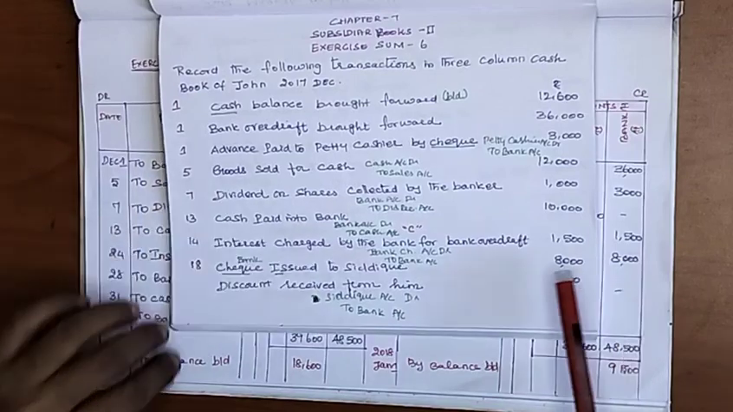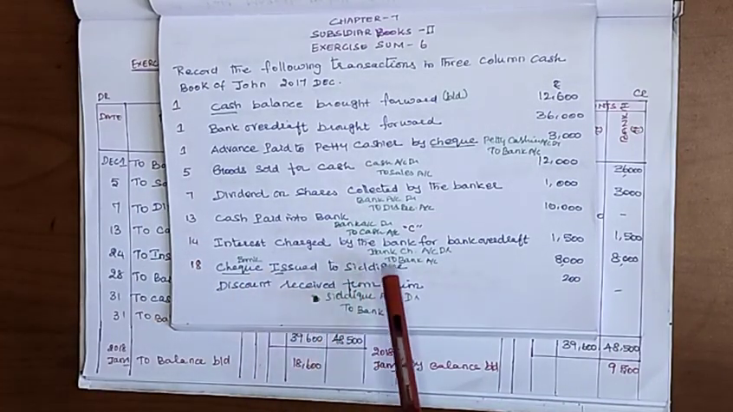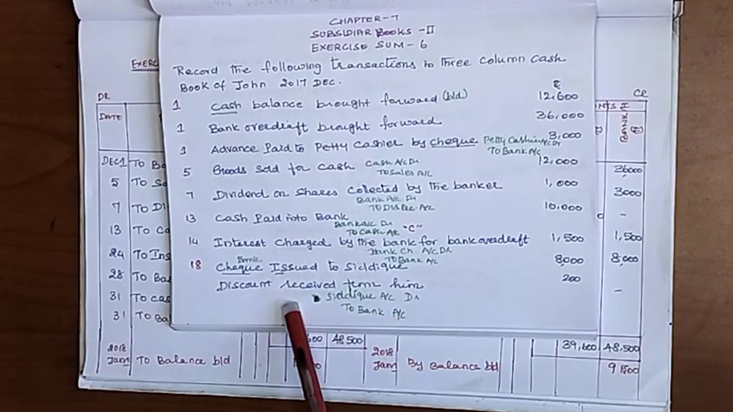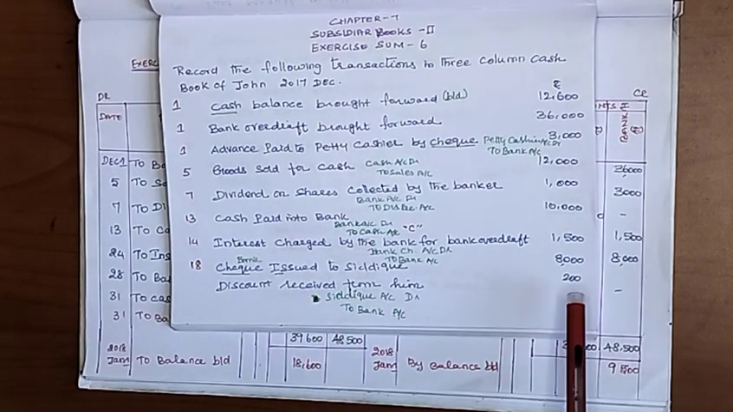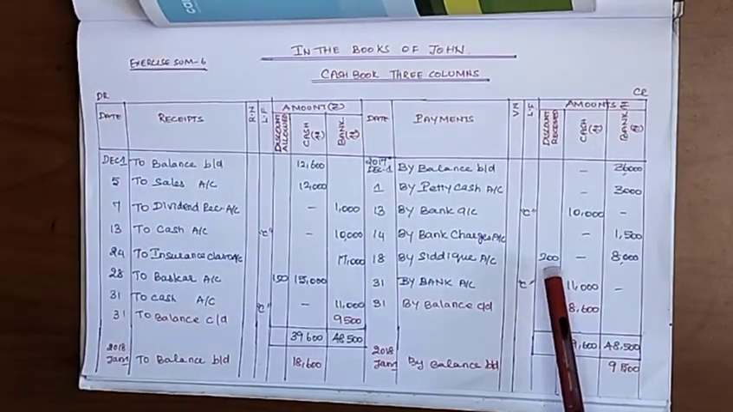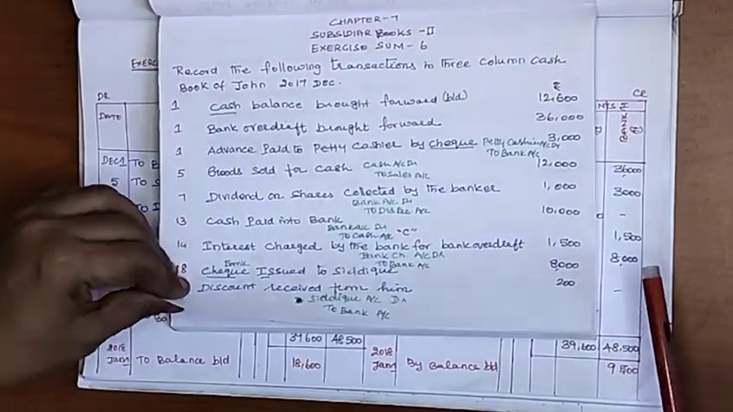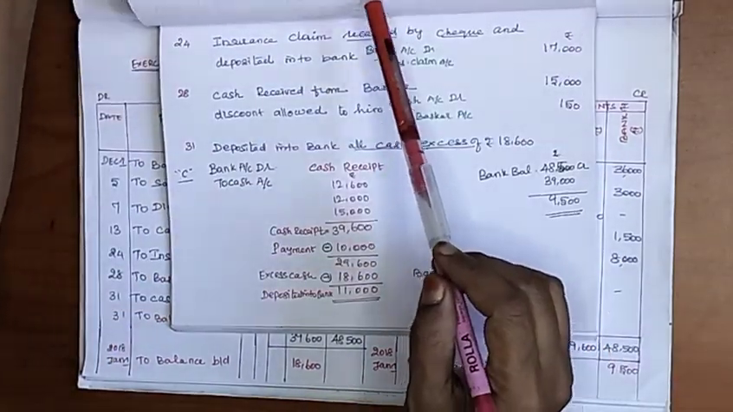We entered it. You issued the check only, and you received a discount from Siddiq. How much discount did you receive? 200 rupees. So that 200 rupees you have to enter in the discount received column. Then the next transaction is